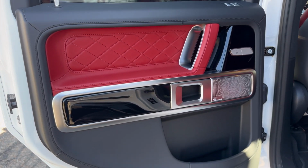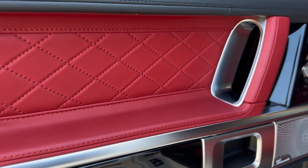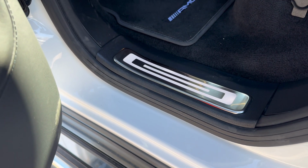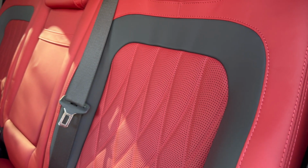The door panel is quite nice, with leather from top to bottom, piano black, a metal speaker grill, some red quilted leather, and a lot of storage at the bottom. There are imprints of the taillights on the illuminated tread plates. These seats cannot recline or slide, but they are still very comfortable with the quilted nap of leather and the